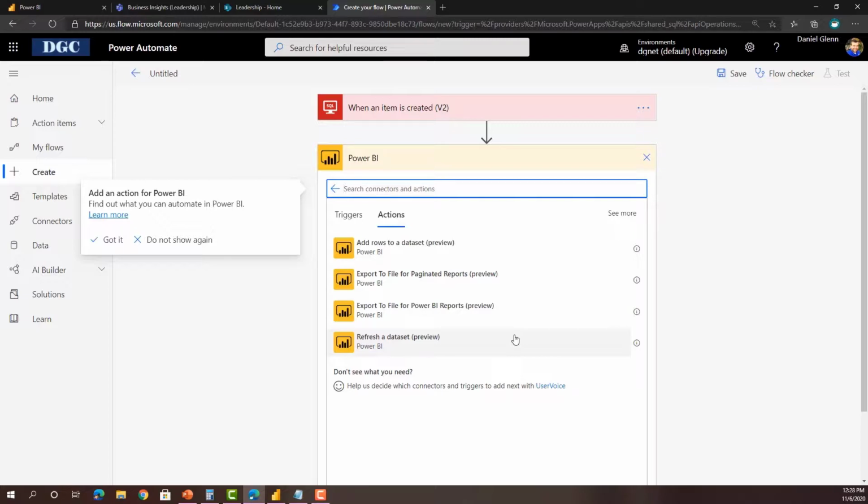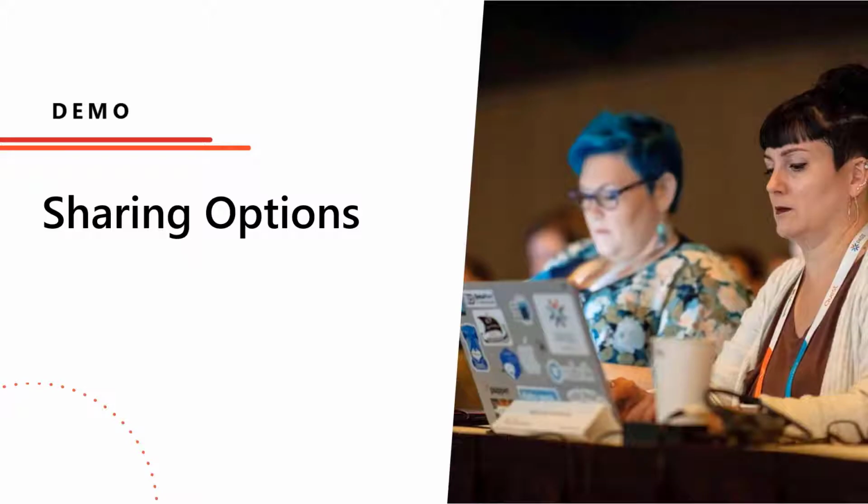This is a great way to do this instead of having to manually update it. Or if you have scheduled updates, but there's no new data in there, why have it updating automatically when I can use Power Automate to update my data set for me. It's a really powerful tool, and I highly suggest you take a look at these options and play around to automate your interaction with your reports and your data sets utilizing Power Automate.